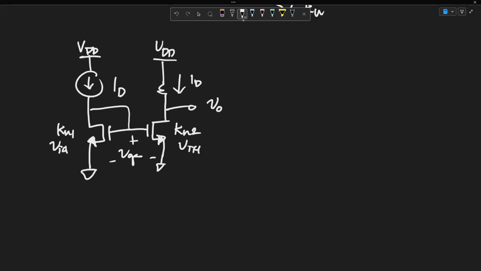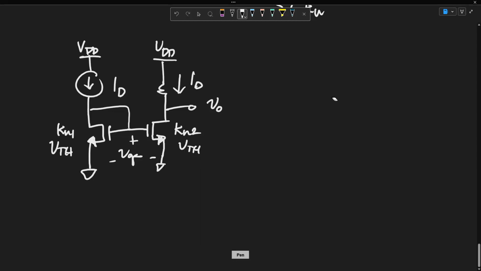KN1 to, tapos KN2 dito, no? Kaso parehas sila ng VTH, no? So let's discuss this case, no? So ang magiging equation natin dito sa taas, no? Sige, this is I